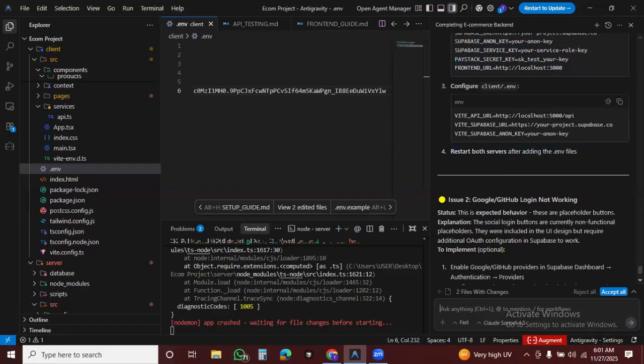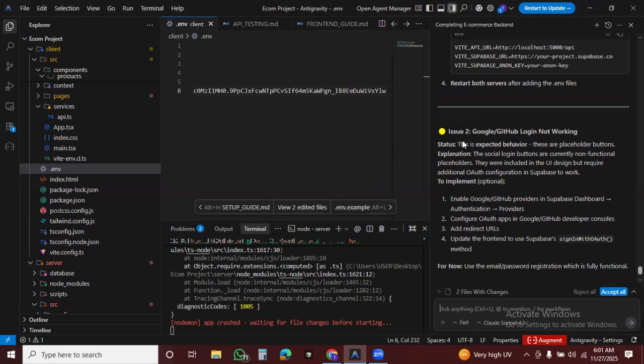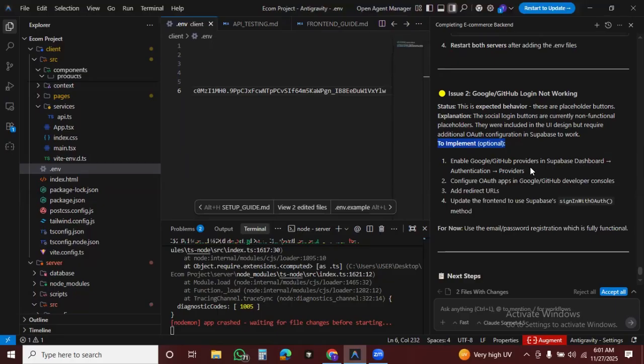Okay, why continue with Google didn't work is that we need to configure it. You can see it. It said this is expected behavior. These are placeholder buttons. There is no configuration yet. The social login buttons are not currently functional. They are just functional placeholders. They were included in the UI design, but require additional authentication, right, in Supabase to work. So we are the ones to set up that authentication. Enable Google and GitHub providers in the Supabase dashboard under authentication providers, right? So configure. All right, we'll see how to do that. Okay, it's not